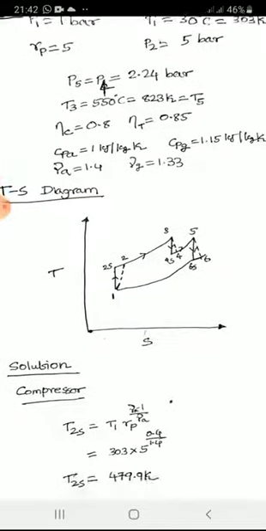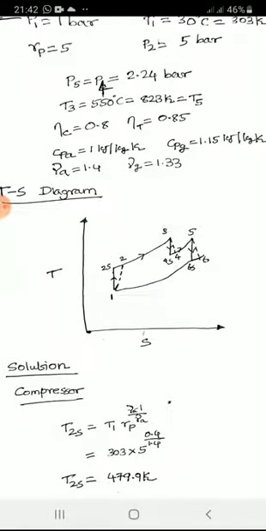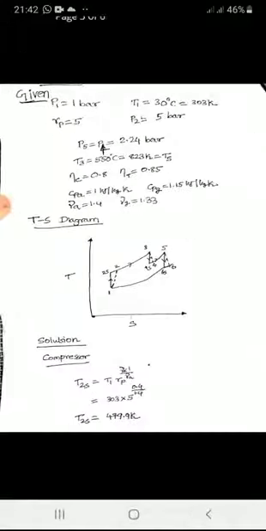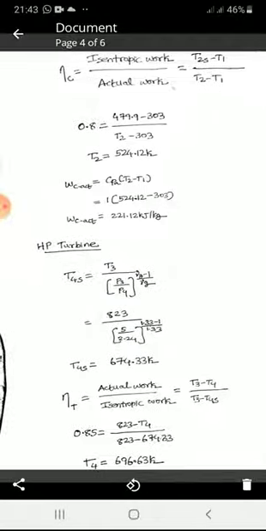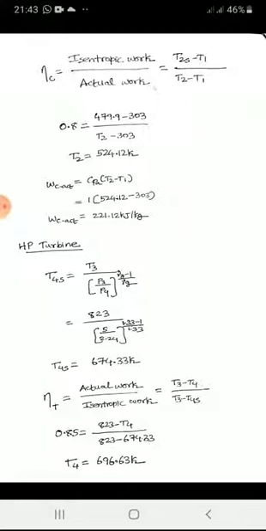You have to solve component by component. Now for the compressor, using the isentropic formula, we are calculating the isentropic temperature as 479.9 Kelvin, right? Now compressor efficiency will be equal to isentropic work, which is the minimum possible work, divided by actual work. Using that formula, we are getting